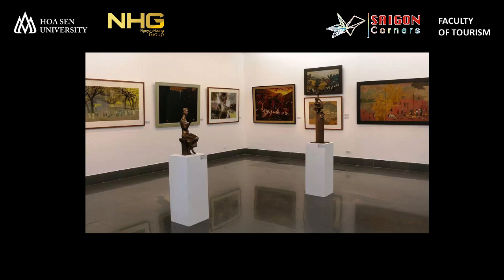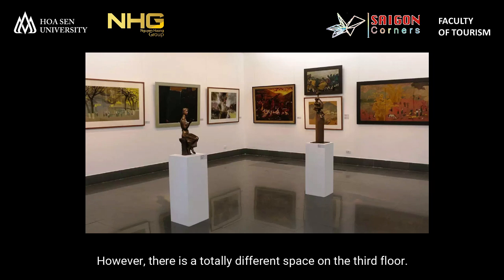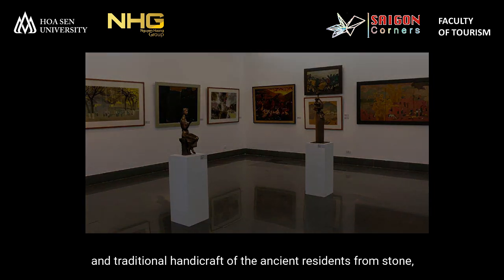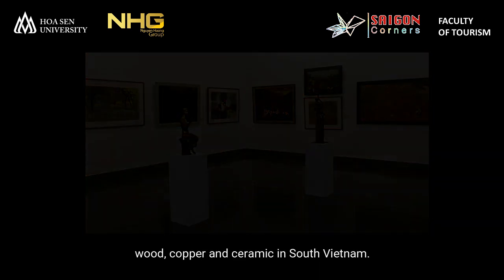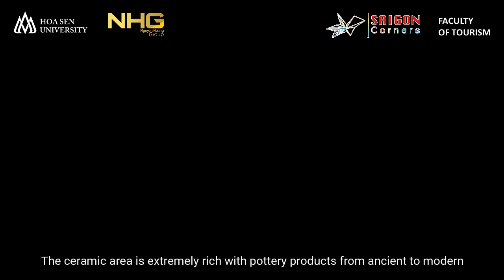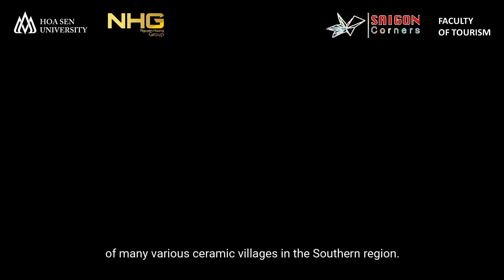However, there's a totally different space on the third floor. You can find the antique sculptures and traditional handicraft of the ancient residents from stone, wood, copper, and ceramic in South Vietnam. The sculptures are mostly shown with many different themes, such as daily life, worship, decorations. The ceramic area is extremely rich with pottery products, from ancient to modern, of many various ceramic villages in the